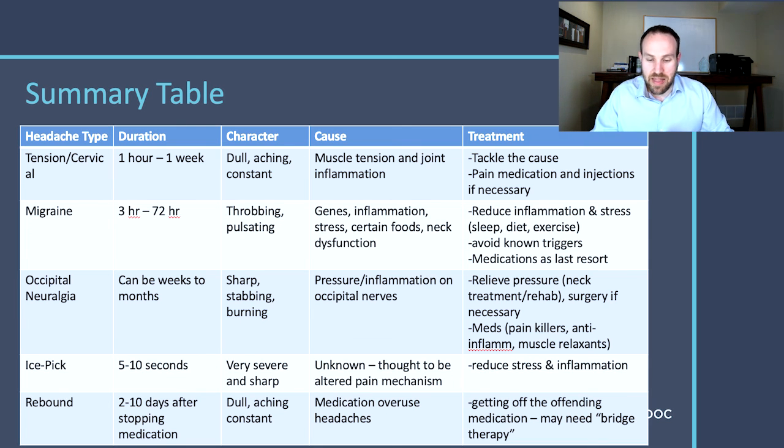And then finally, medication if everything else fails. And I would give some good effort to the other pieces, because once you go down the medication route, it is very hard to come back around the other side. But medications can be very helpful for some of these headaches that aren't working for other types of conditions.